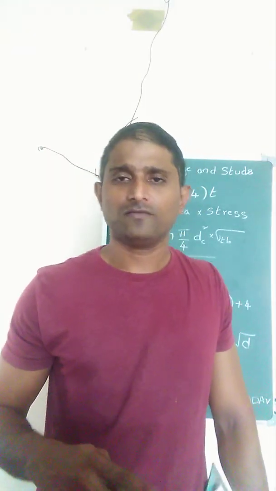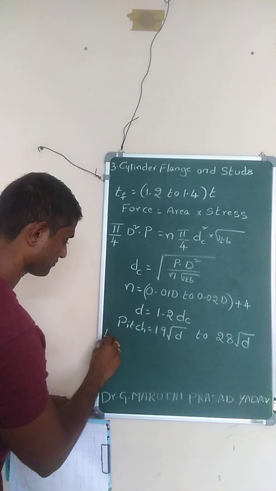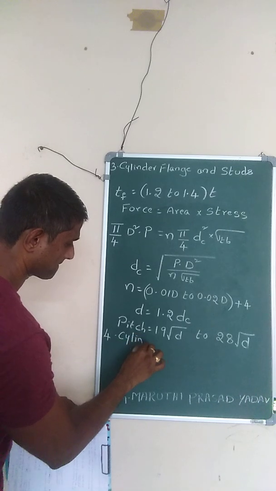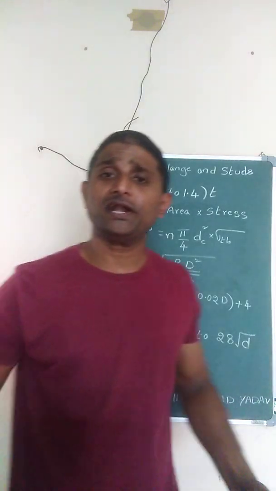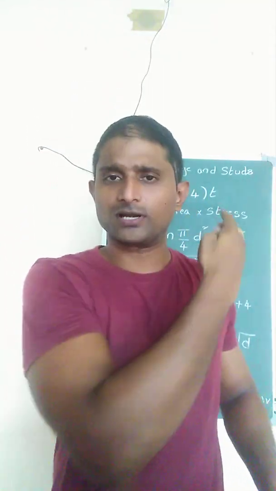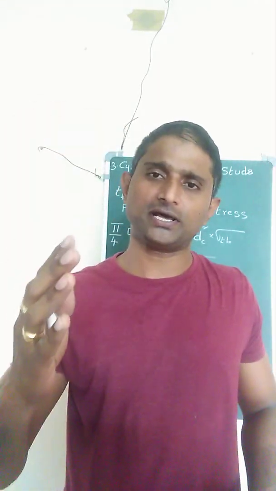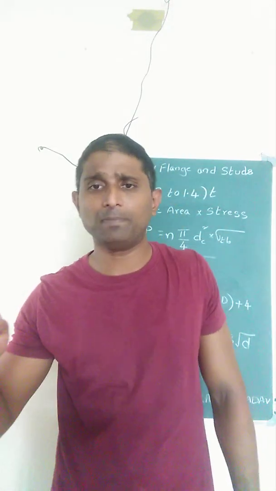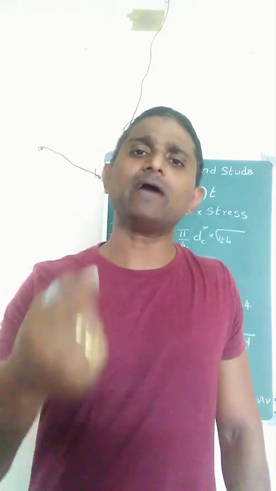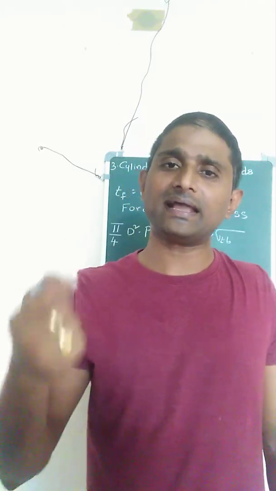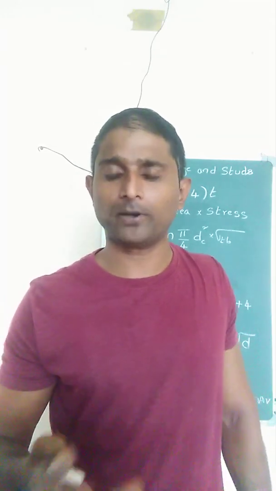The last point which comes under design of cylinder is the cylinder head. When I drew the line diagram initially, mentioning all the parts of the IC engine cylinder, piston, and connecting rod, we saw the cylinder head may be either flat, convex or concave shape, depending upon design type. It should have a provision to hold the inlet and exhaust valves, and in addition the spark plug or fuel injector, depending upon petrol or diesel engine.